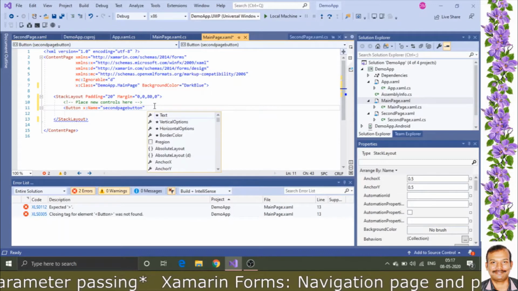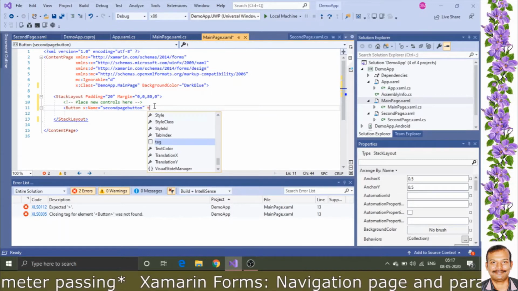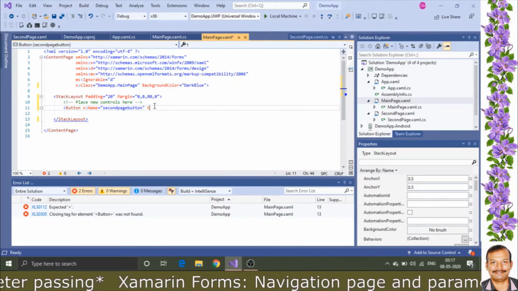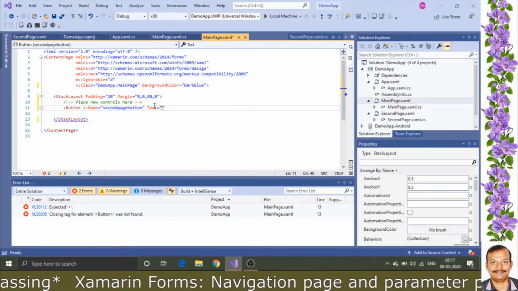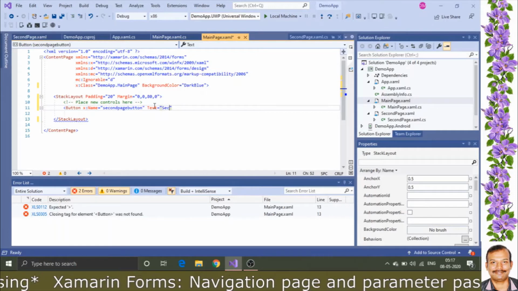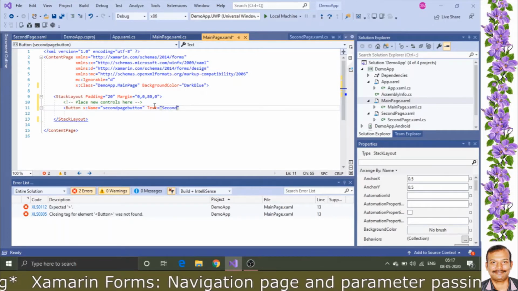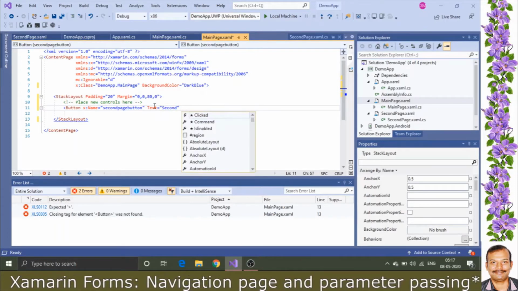And here I am giving the text, second. Then the background color.